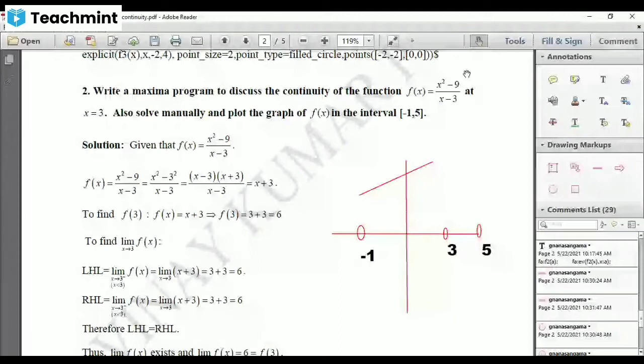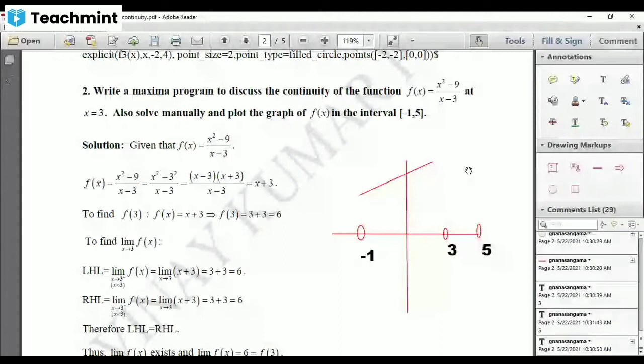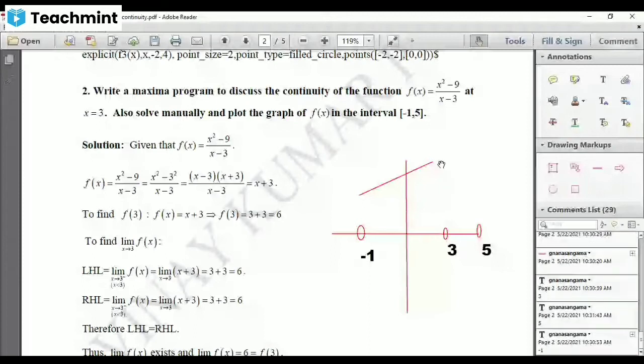So your f of x is x plus 3. You are going to give all the values greater than 3. Since the interval is from this, you can give up to plus infinity, but I'm taking only up to 5. If you give 5, you'll get 5 plus 3, which is 8. If you give 4, you'll get 7. If you give 3, you'll get 6. But we are not going to give 3. Before 3, we have to stop. So you'll get a straight line like this.